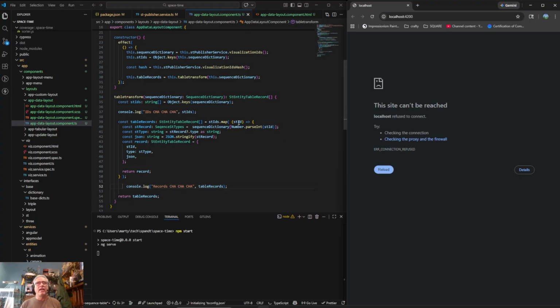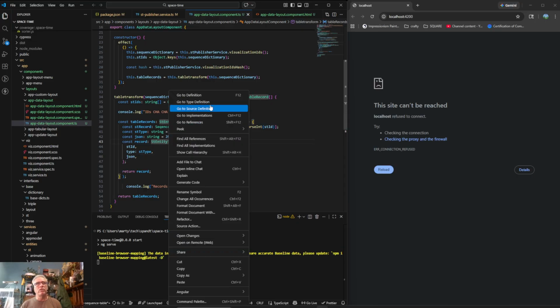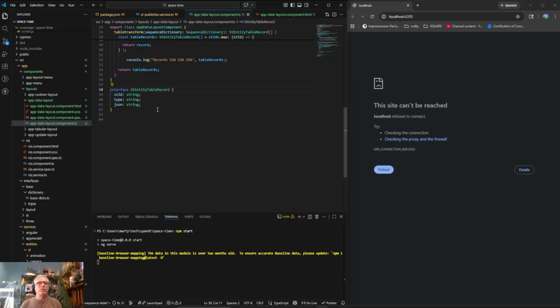We are working on trying to basically create a table to describe the state of my visualizations. And we created this little transform function, and basically it takes the table records and converts them into something that the transform can use. I think I also need to add the actual object in here too. So we have the JSON of the object, and then I think what we need to do is come into the table entity record definition and put like a